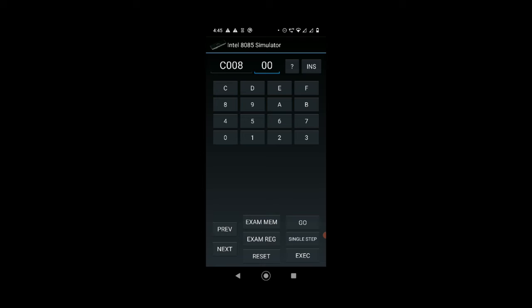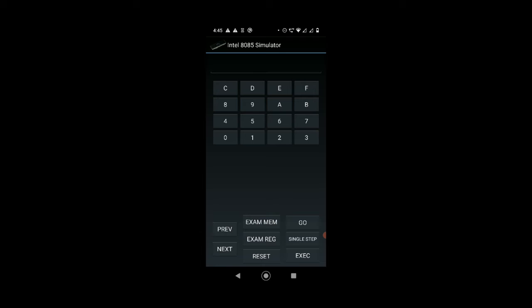Perfect. Okay, now I'm ready to execute this program. On this simulator I will hit the reset button. You can come to the end of the program if you want. My program ends by, I just click on next, and I come to the end of the program. My end of my program is at C01A, so I go next. Okay, one beyond that, and I click on reset, go, and now which is the address of my memory of